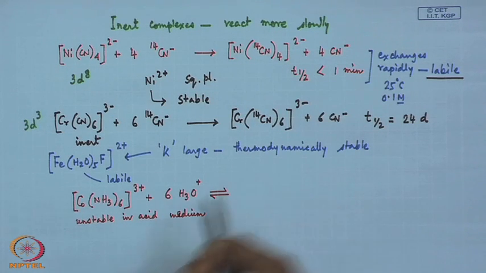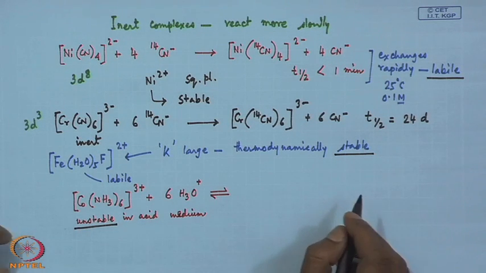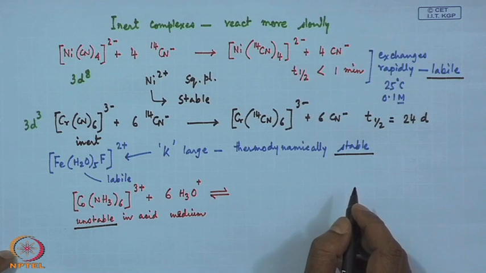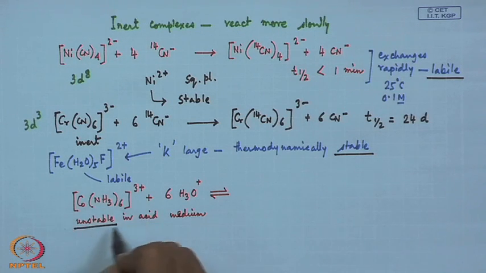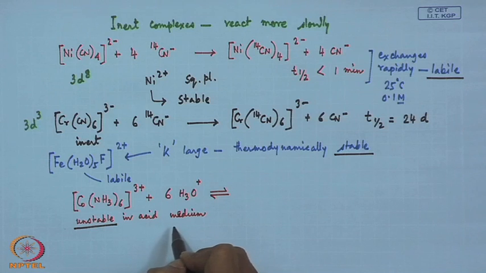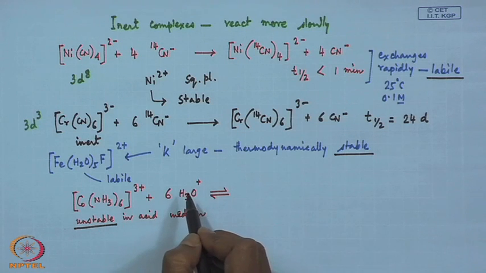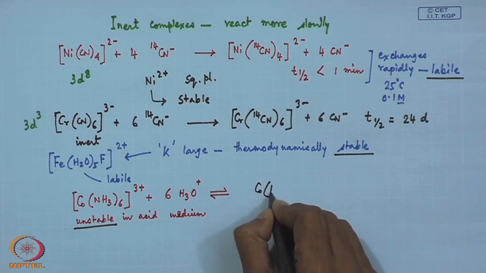That means thermodynamically it is unstable, although the complex itself is stable. So, these two things in some cases do not go in the same direction. But what about its kinetic term? It is unstable in acid medium, that means if we put it in the acid medium, it definitely can go for decomposition to give us the corresponding